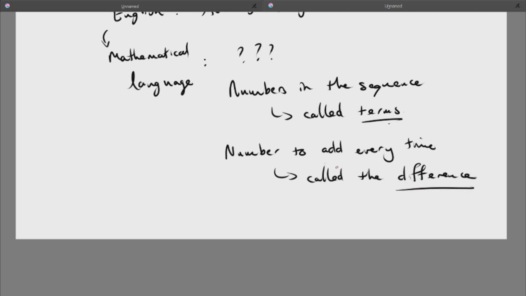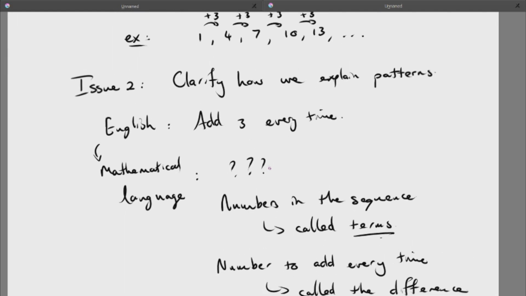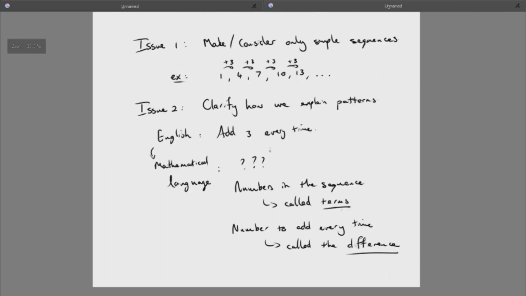The difference. So in our example, the difference is 3. So by giving names to the different aspects of the sequence, I am trying to avoid confusion, making it easier to explain. There's one more,